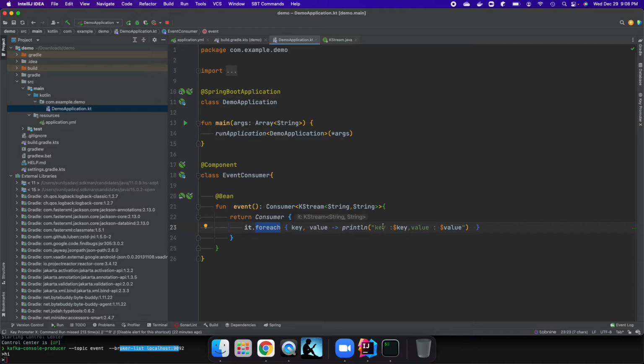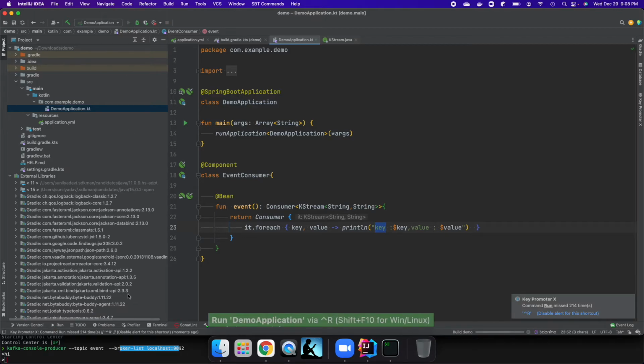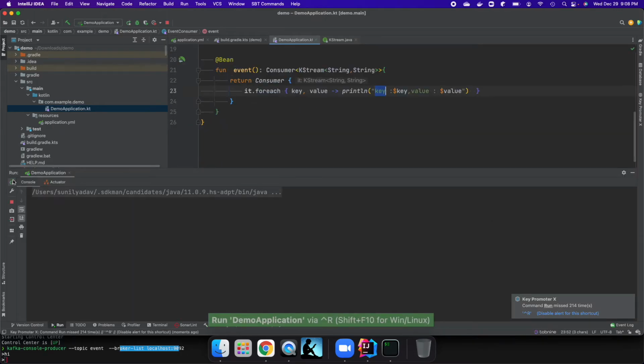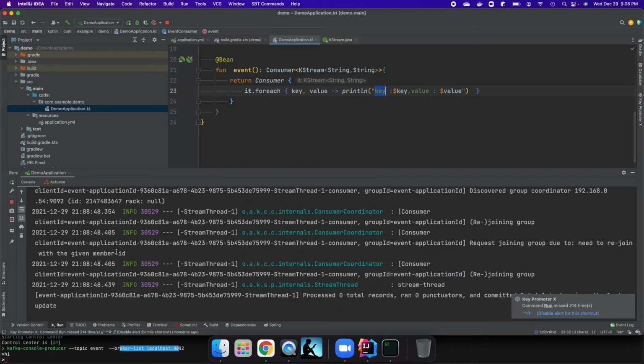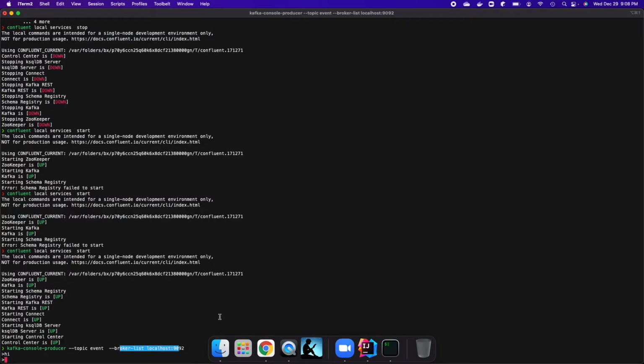Now I'm not using any key at all, so you will see only the value. If you start it again, this method is already started. Let's push some JSON message, say name, Sunil.